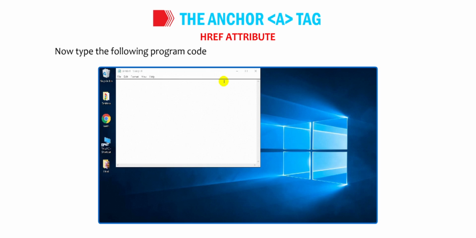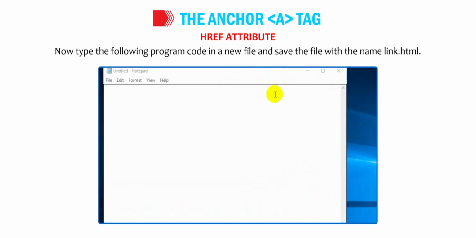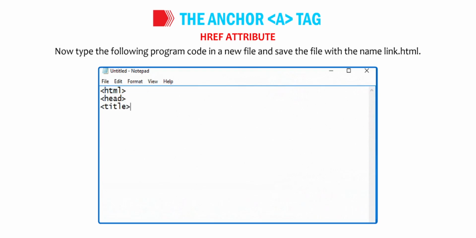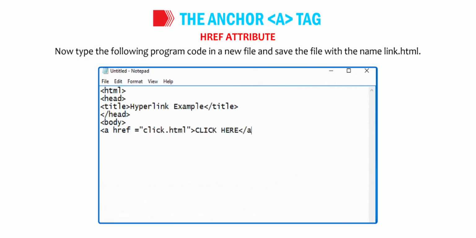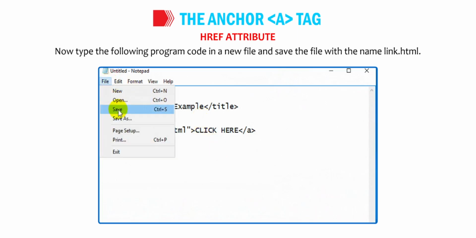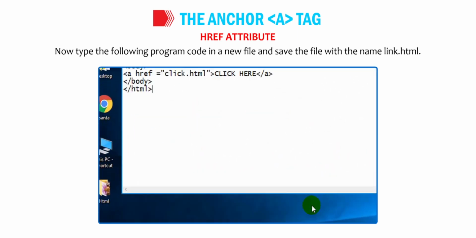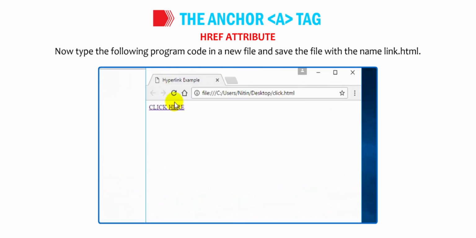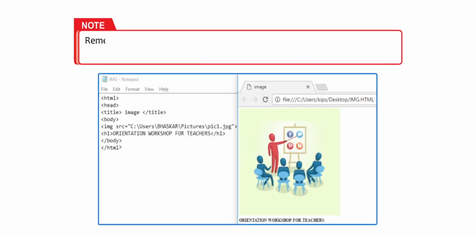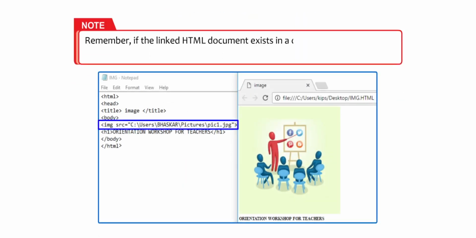Now type the following program code in a new file and save the file with the name link.html. <html><head><title>Hyperlink example</title></head><body><a href="click.html">Click here</a></body></html>. Students, remember, if the linked HTML document exists in a different folder, you must specify the complete path and name